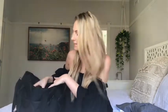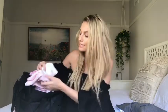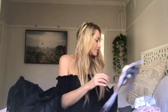Changes of clothes, obviously. I always have a change of clothes, including a singlet, just in case of wet, vomit, reflux baby, etc. So I'll have a onesie and a singlet and a little jumper or a little jacket in case it gets cold. I also always pack a beanie. I had a winter baby, so a beanie is a must, especially when I've got her in the sling. And I've just started to add a sun hat now that it's getting warmer. And with the weather lately, you don't know whether I need a beanie or a sun hat or both in the one day as well. Always one or two pairs of socks as well, just to keep the little tootsies warm